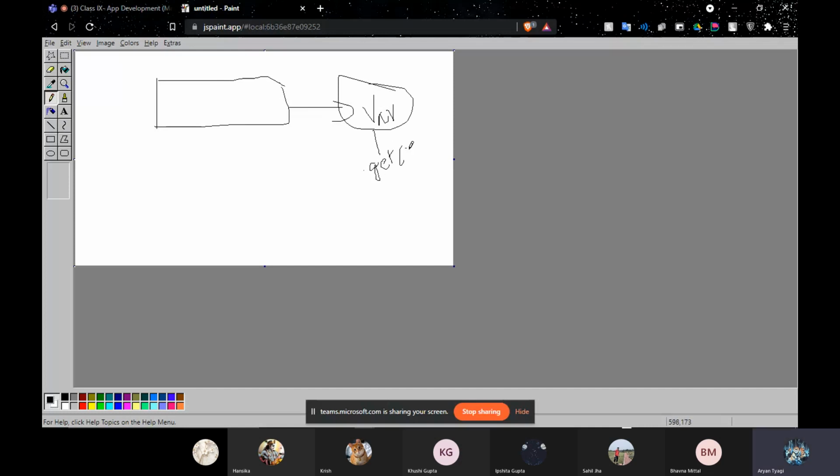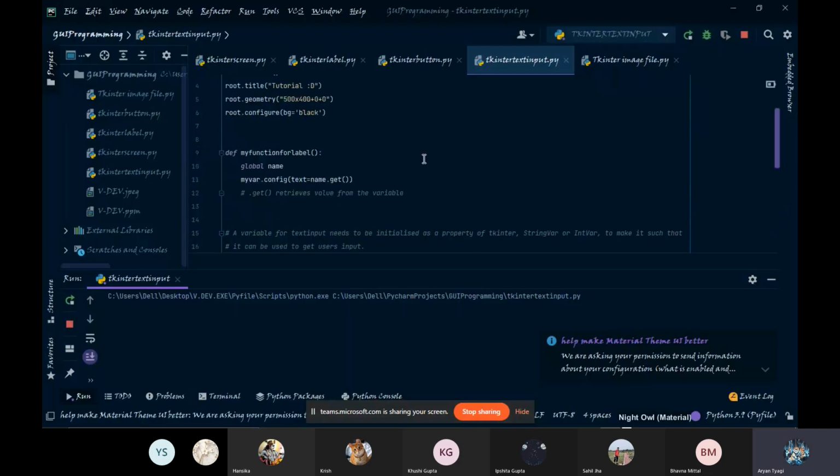All right. So dot get stores it in another variable. Now we pass it into the label using label dot config. Let's just say l dot config, and we can execute this step using a button. So that's what we did. All right. If you can understand this code better, that's what we did.